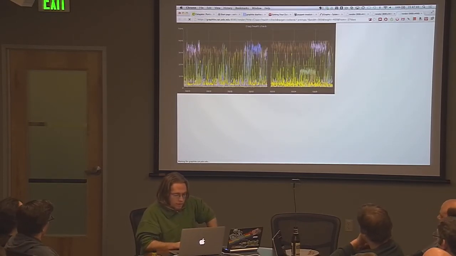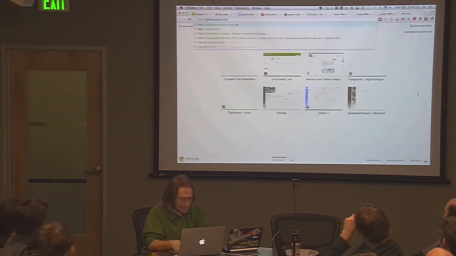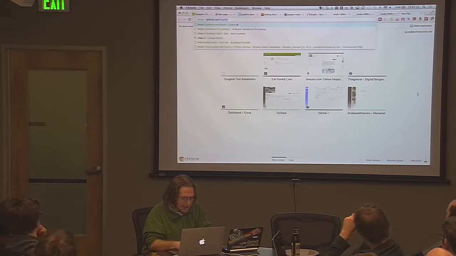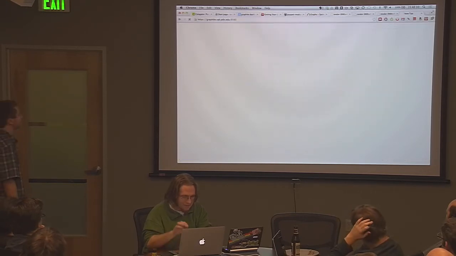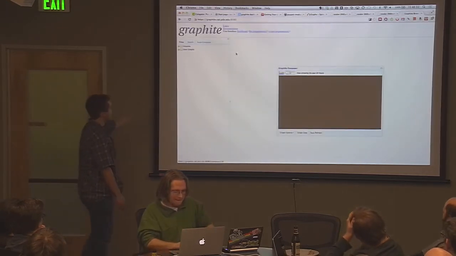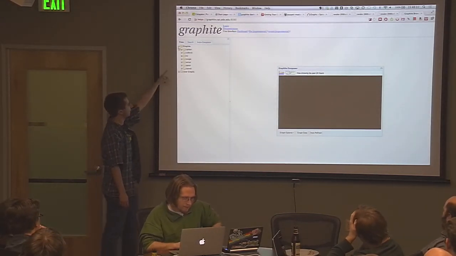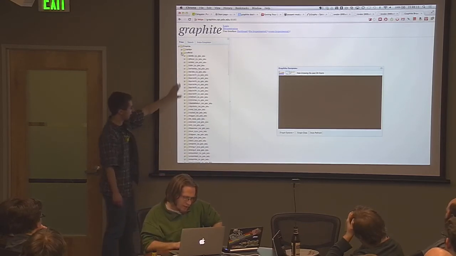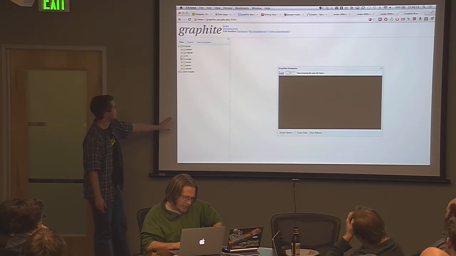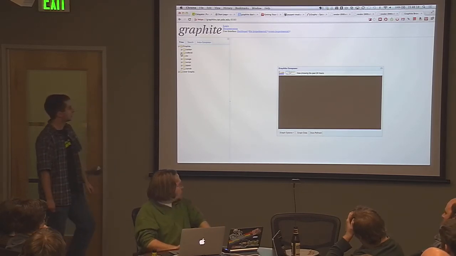Can you go to the main Graphite page? Yes. No, I mean our Graphite page. Sorry. There we go. All right. So this is the default Graphite dashboard. Click on the Graphite folder. So like I said, all of our CollectD goes to the CollectD folder, and then there's a file for every host. For a lot of the stats that we don't get from CollectD, we also have